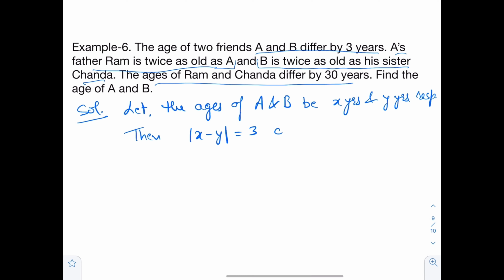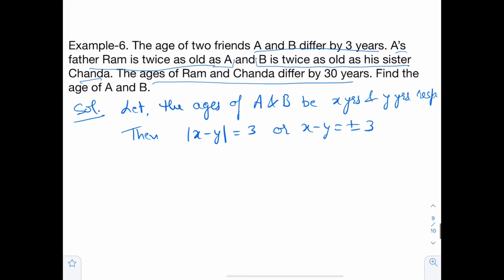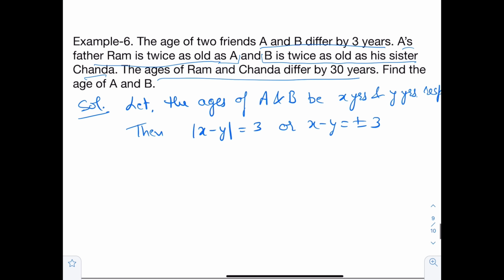हमने ऐसा क्यों लिखा? और we can write x minus y equal to plus minus 3, क्योंकि हमें ये नहीं पता कि a बड़ा है या b बड़ा है, तो इसके लिए हमने यहाँ पर प्लस माइनस लगा दिया. अगर a बड़ा है तो प्लस 3 आ जाएगा और b बड़ा है तो माइनस 3 आएगा. ठीक है. Now according to question,